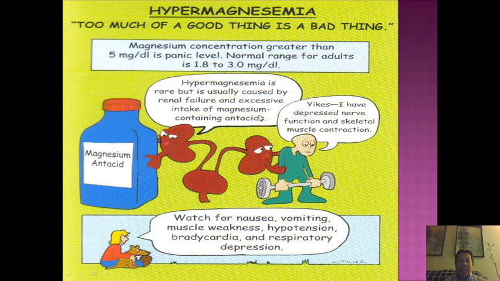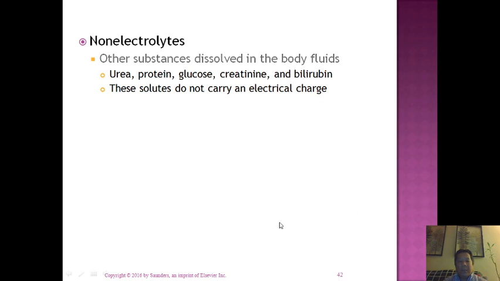Usually, hypermagnesemia is caused by renal failure or excessive intake of magnesium-containing antacids like magnesium chloride, for example, or magnesium hydroxide. So if you're taking too much magnesium hydroxide antacid, then it can lead to hypermagnesemia. Watch out for nausea, vomiting, muscle weakness, and hypotension for that. Okay, so